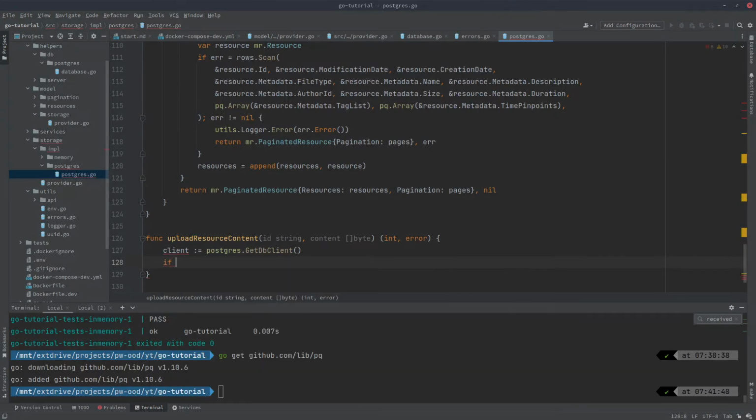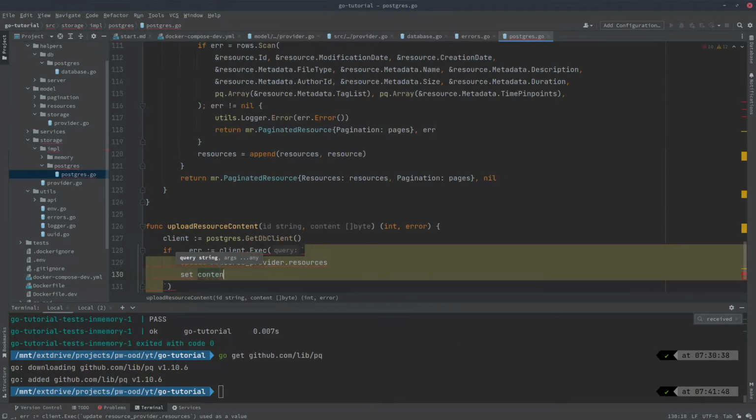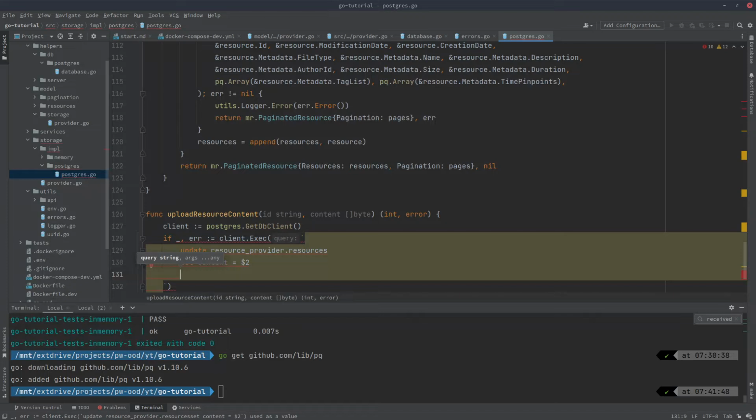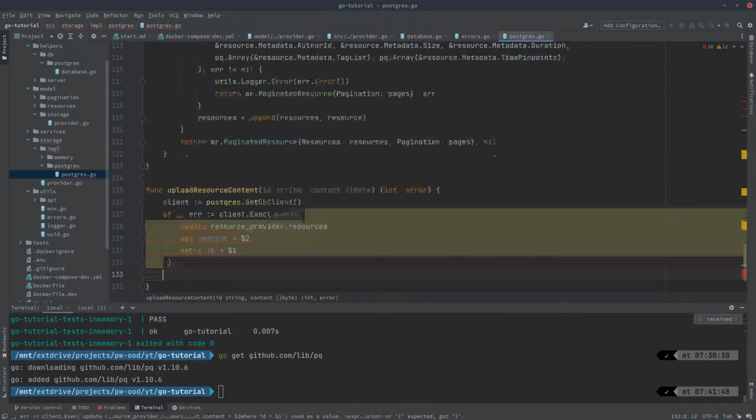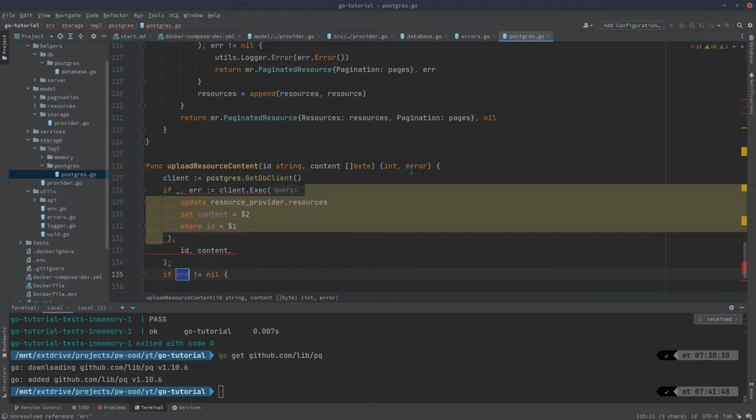And as it's an update query, then we will call exec here, and here we need just to put an update resources provider dot resources set content equals, assign to a second parameter, where ID is the first parameter, and here we need to pass ID and content as the query parameters, and in case of some error,